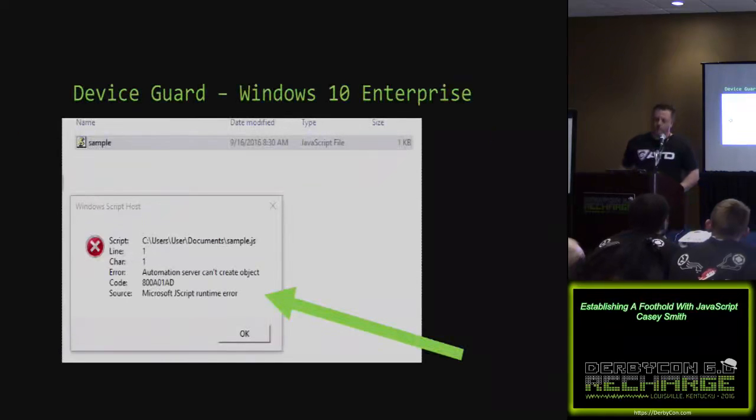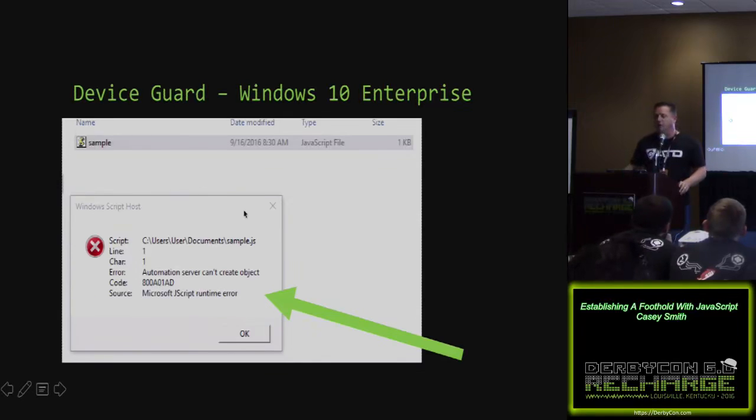Another defense that's coming out with Windows 10 Enterprise, I think it's also in Education, I heard today, is that you can block unapproved scripts. The script host is, Microsoft will use the term enlightened or aware, essentially it's checking to make sure that the scriptlet is signed or is approved in your environment. So here you can see when you execute JS, by default, Device Guard is going to